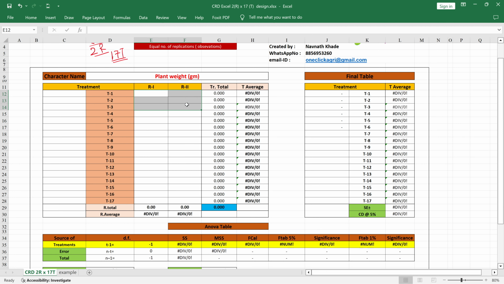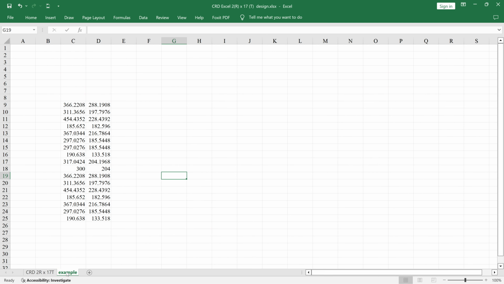Next, we can do the copy paste of values. For example, I have an example over here. This is just random data for the analysis purpose, because we consider random data to show how to do the analysis in Excel. This is not actual field data. This is random data. Just copy the data,